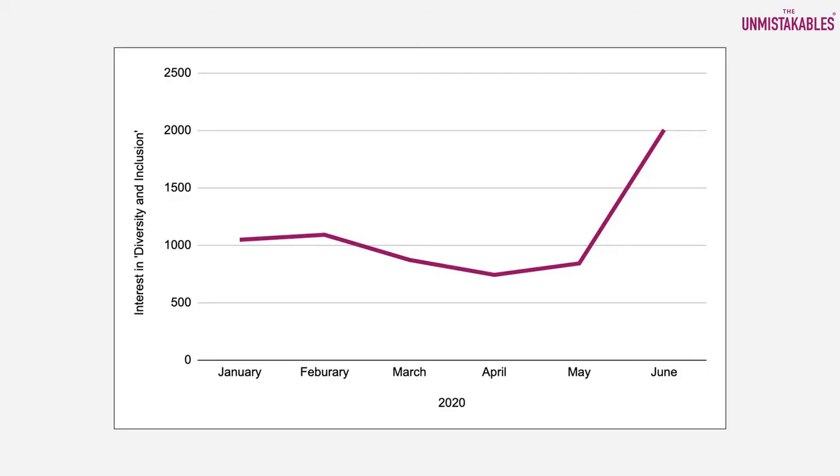And if we look at the next slide, we see that just in the first half of this year, the interest in the term diversity and inclusion spiked by 100%. These are Google search trends where you see people going, I need to do something about diversity and inclusion. And as a business that has been running for 2 years, we've very much been in the eye of that storm. So before I talk about how you can grapple with this and what structures and processes you can put in place,